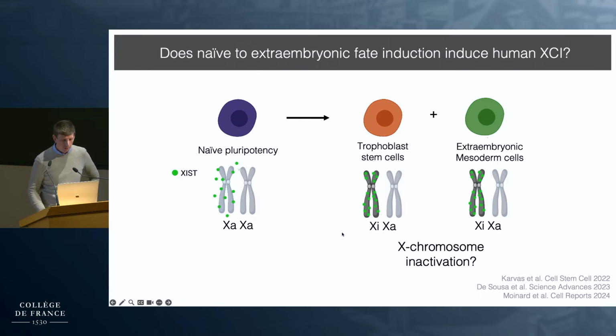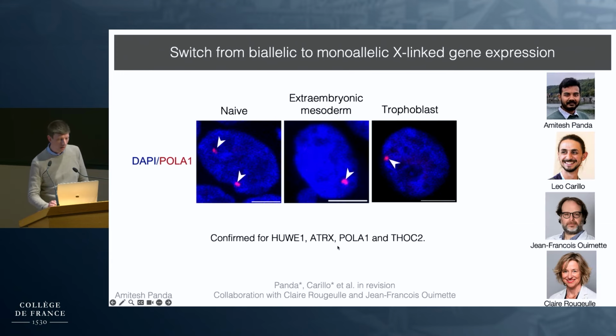So the question that we wanted to ask is, can we establish de novo X chromosome inactivation using human naive pluripotent stem cells and exploit this system for mechanistic studies? So we have used differentiation of naive cells to trophoblast stem cells and extraembryonic mesenchyme cells and comprehensively characterized the X chromosome. And we find that all of the X-linked genes that we have examined by RNA FISH show a clear switch from biallelic X-linked gene expression to